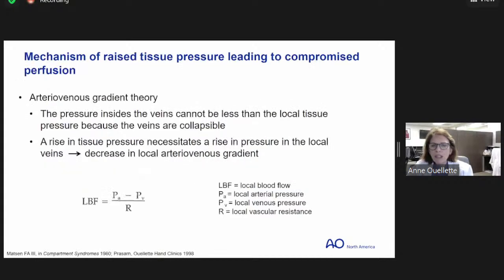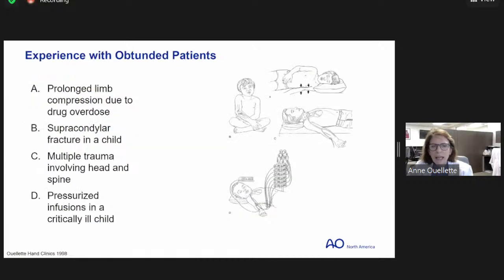The mechanism of raised tissue pressure leads to a compromised perfusion. So you're going to get muscles that aren't going to be as strong. When it's acute, obviously they're in extreme pain, and there's a stretch test, and you're diminishing blood flow, but you can do it in a very chronic, subacute way. And particularly obtunded patients. Again, the non-union, malunion patients, a lot of them were in an ICU for a couple of months, just trying to struggle to live. And when you have those situations, many of these things go unrecognized.